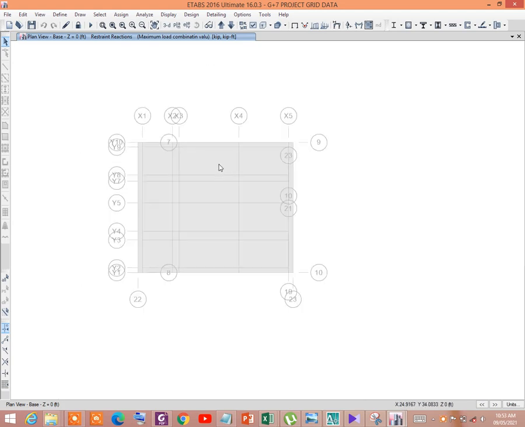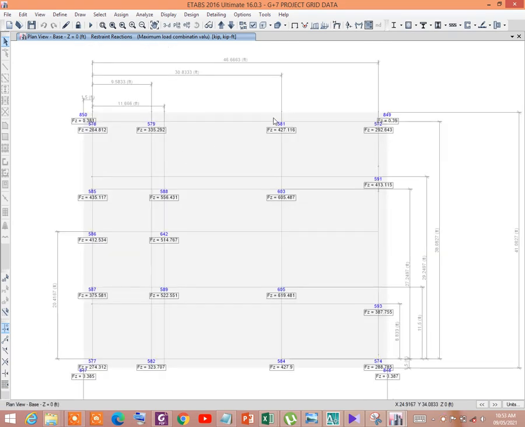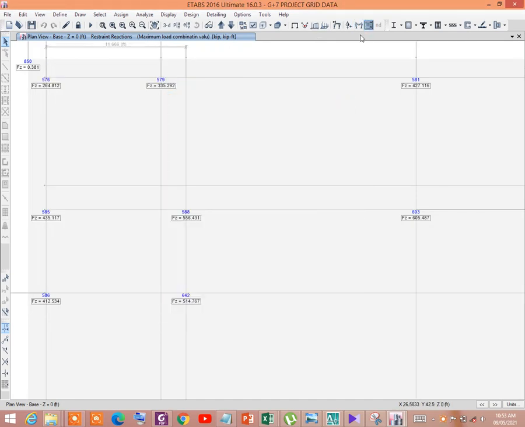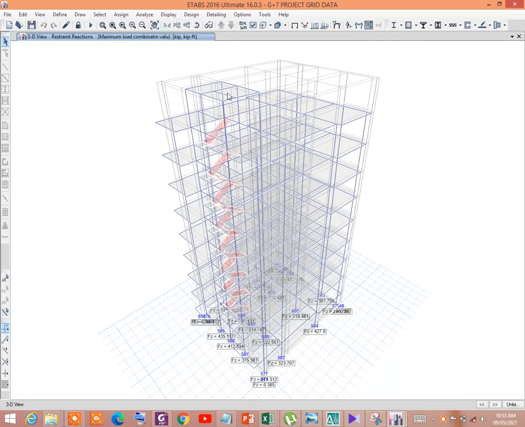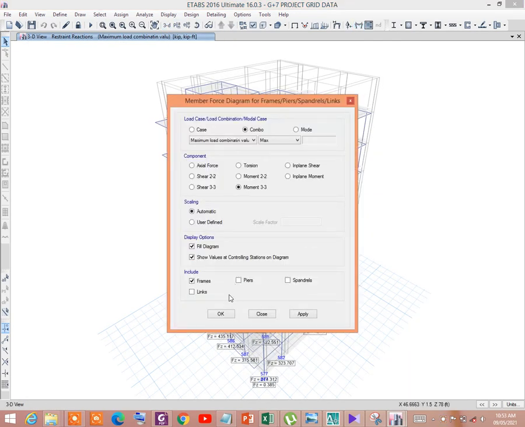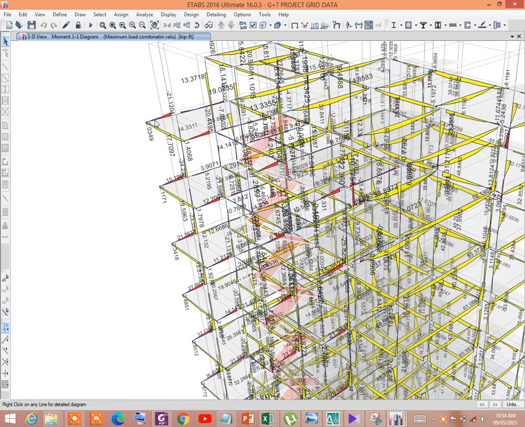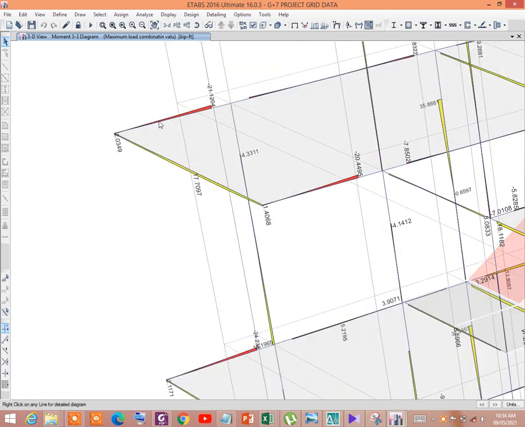So let us check. Apply. Suppose that we would like to check the bending moment effect in this member for different load combinations.